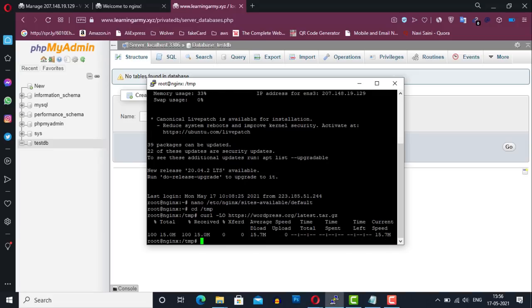Now we have downloaded the WordPress compressed file in our temporary directory. The next thing we need to do is extract the WordPress compressed file. So use this command to extract and press enter.